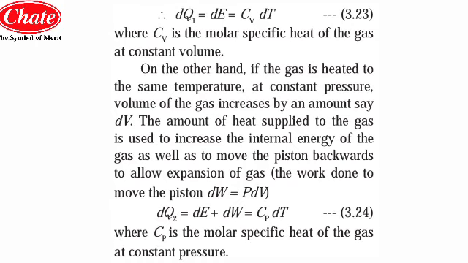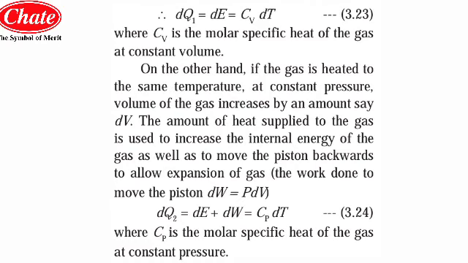So this work done dW is given as P into dV. Suppose again we heat the gas with an amount of heat dQ2. It will be given as dU plus dW. Here dU is the increase in internal energy when we have just added the heat, plus dW, the work done as the piston has moved outward from the cylinder.